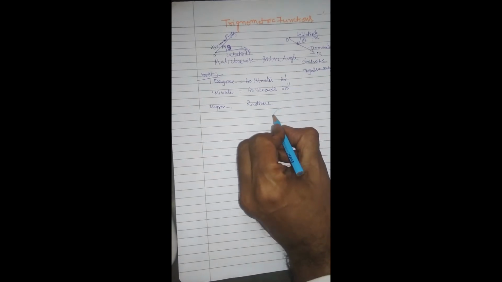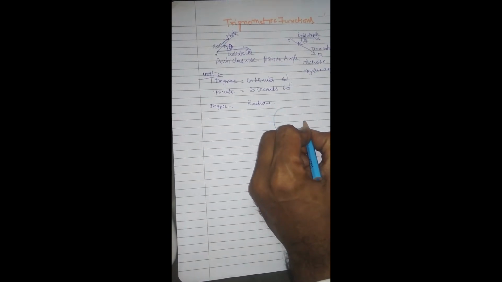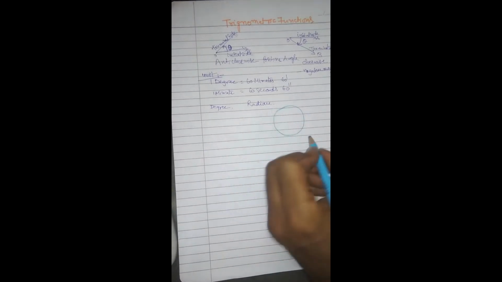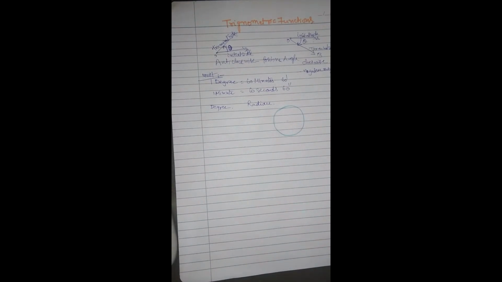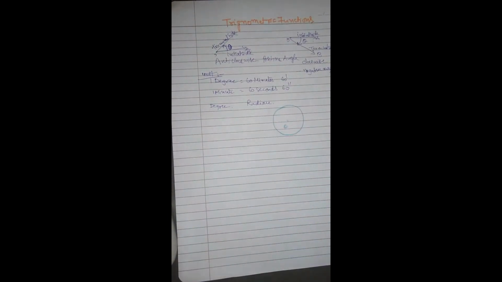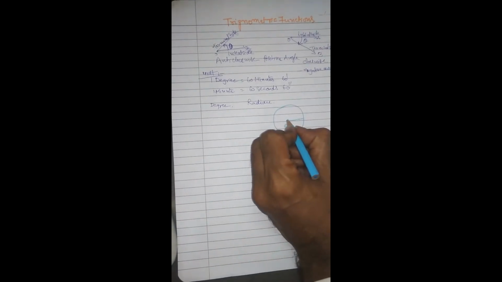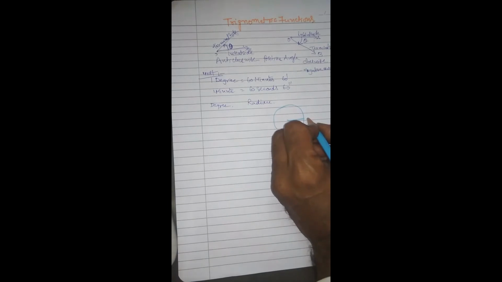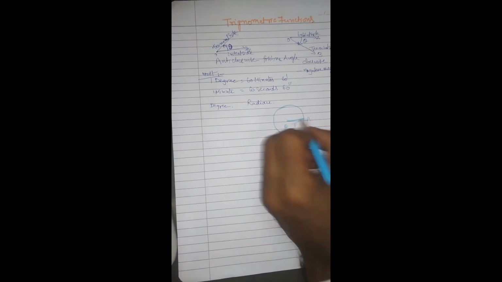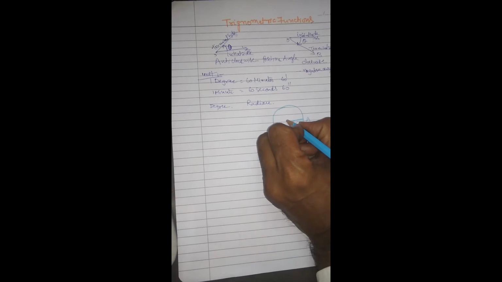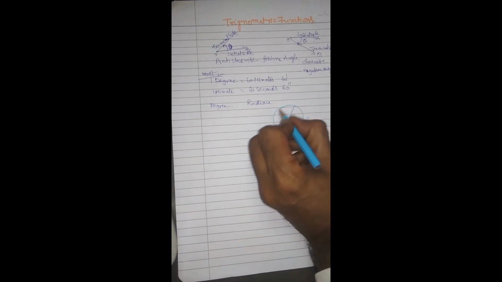What is radian? We will see now. Say I take some unit circle. You have studied in 8th, 9th, 10th standards about the circle. Say this is the circle. This is the center of the circle. I'll call it O. Then from here to any part of the circle, we write a line. We'll call this the radius R. It is the same everywhere. Wherever you write, it is equidistant.